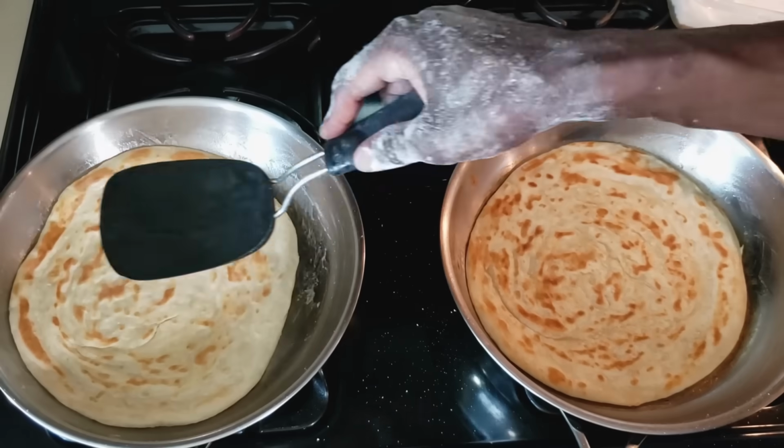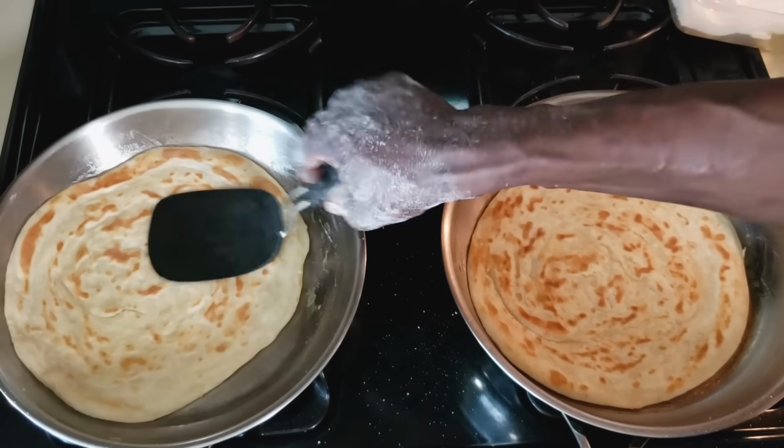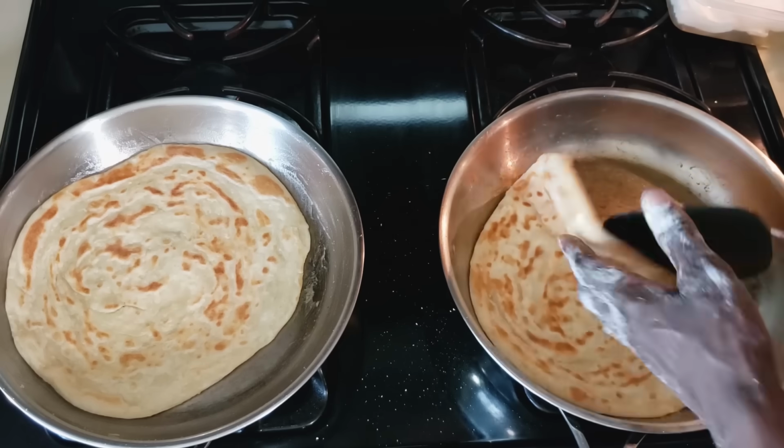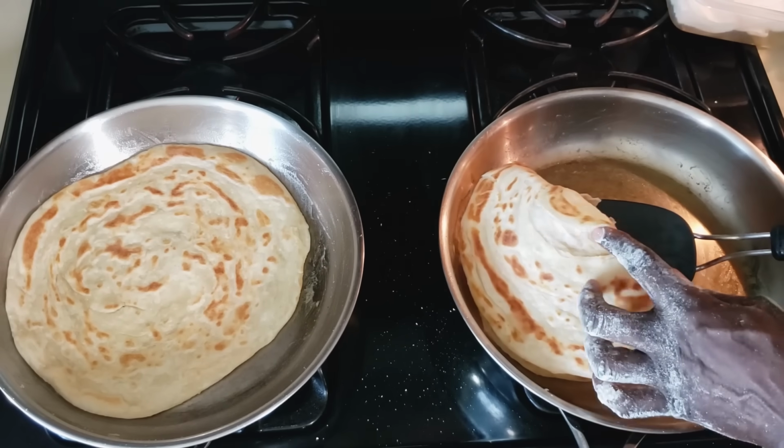One of my stoves is not as hot as the other one, so one of them is okay. So look, it's already, see? It's already